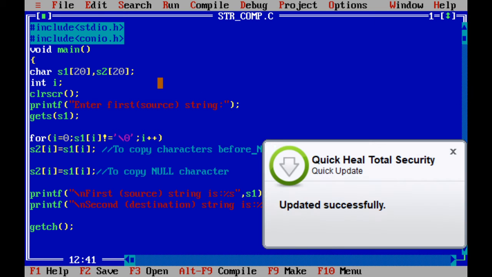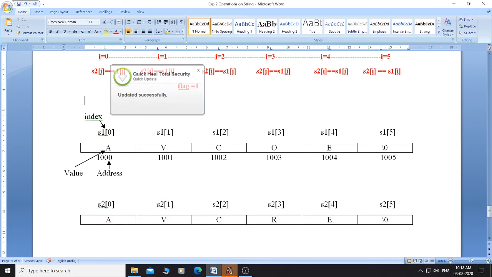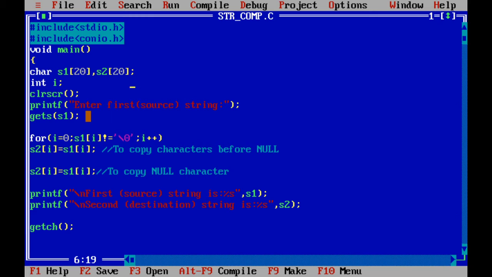This was the program which was typed for copying one string into another. We will modify the same program here. For this purpose we require two strings, so those two strings are declared here, s1 and s2.